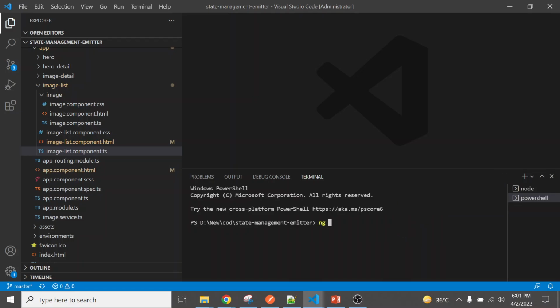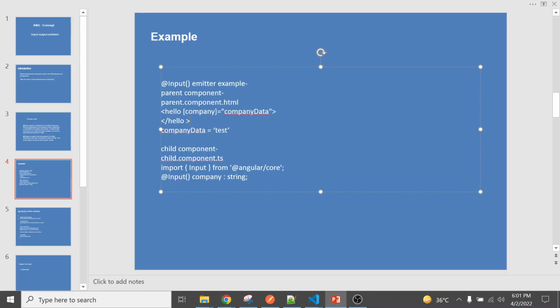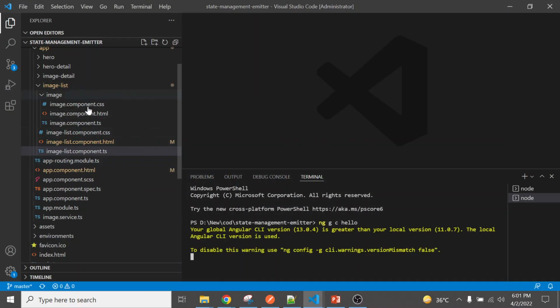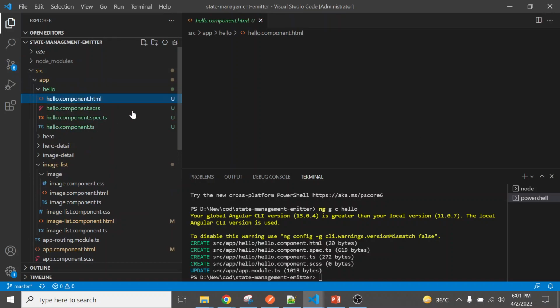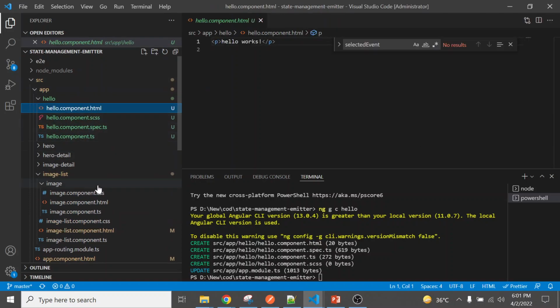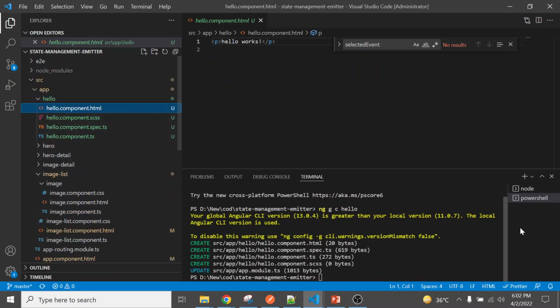Let's create a component. This component is created now. Consider it as a child component. Let me add one more component here.